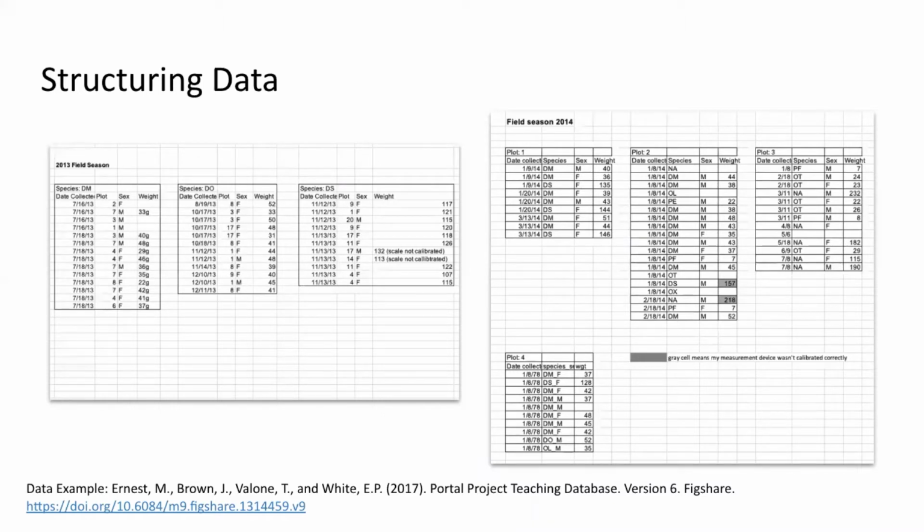The main concept we are going to focus on today is turning this messy data into tidy data. So here on the screen is an example of what we may consider as messy data. Here we see that there are multiple data tables on one spreadsheet. There is metadata captured within the table. We see formatting and coloring has been used to indicate some information. And there are notes within the same space as the data tables.